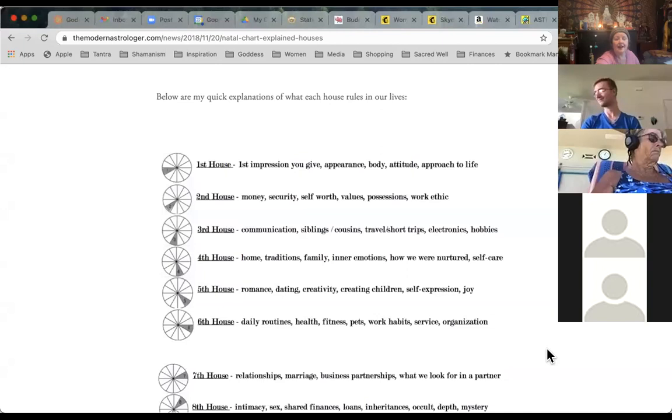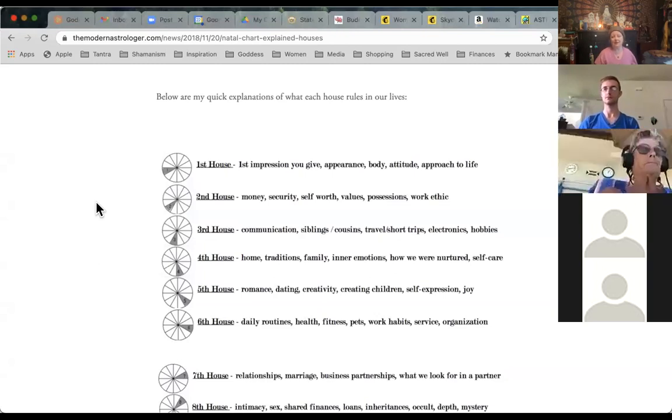So go ahead and have your cards, and I'd like to start today by going through the houses, what they mean, and then we're going to actually look at someone's chart and do this reading. The thing that's really nice and simple about this one is that, let me share my screen, once you have the general idea of what the houses mean in the astrology chart, it's exactly the same to see what they mean in the